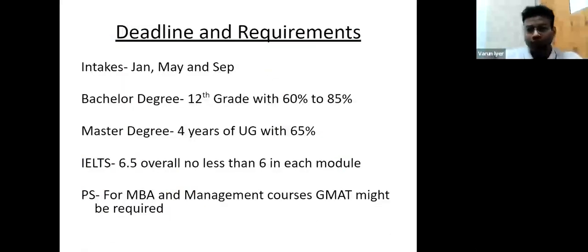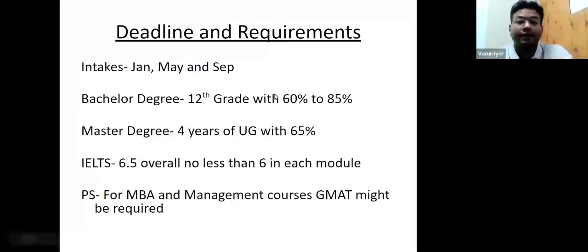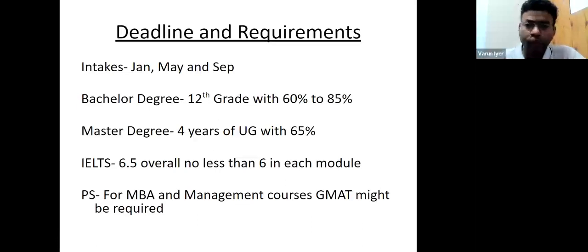Yeah. Now, in terms of deadlines and intakes. In Canada, every year there are 3 intakes: January, May, and September. September is known as the fall intake, which is the universal intake. Most of the courses, programs, universities and colleges are open for September only. But there are some programs which are limited, available for January and May. You might not find many programs in January and May, but you can find them for September.